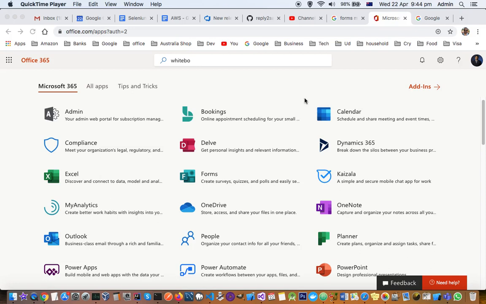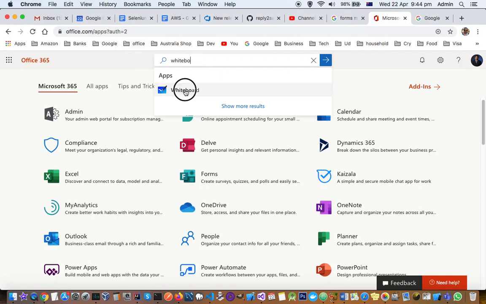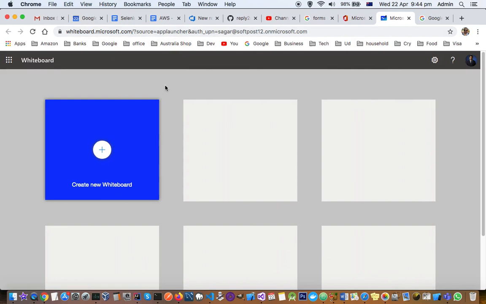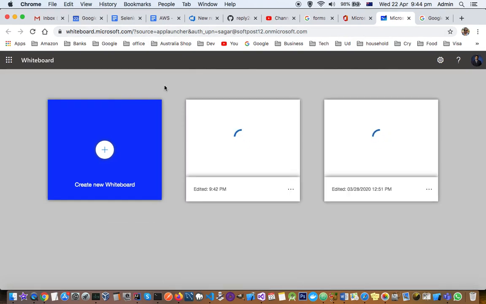This video explains how we can use the Whiteboard app in Microsoft Office. So go to office.com and then type Whiteboard. Then you will be taken to the Whiteboard website. It says whiteboard.microsoft.com. So with the help of Whiteboard, what you can do is you can draw